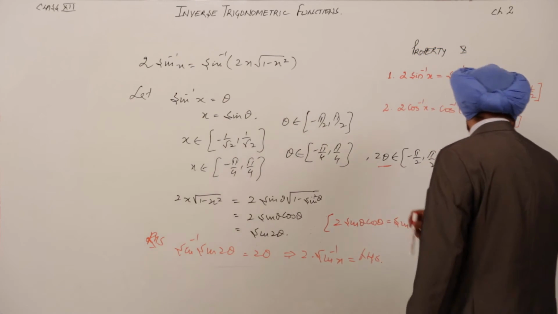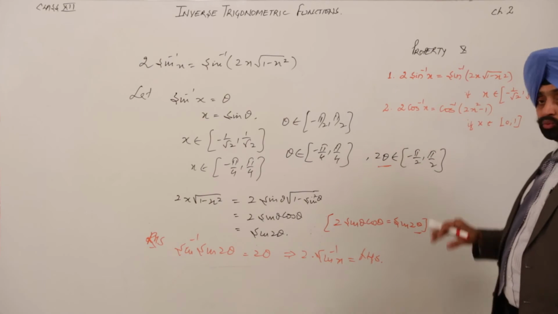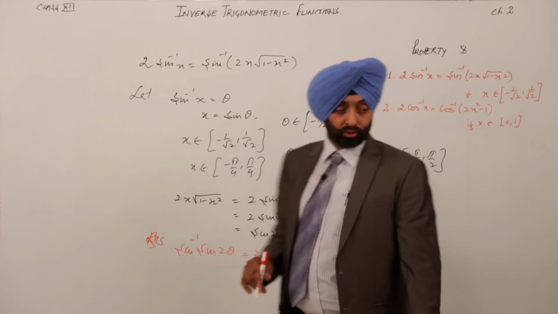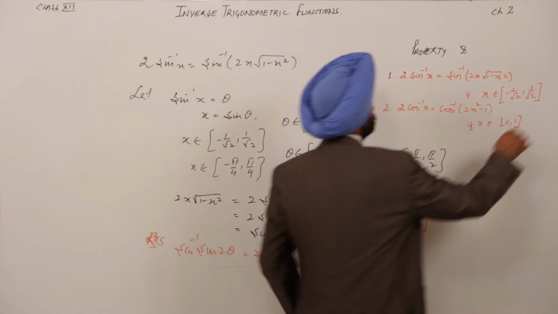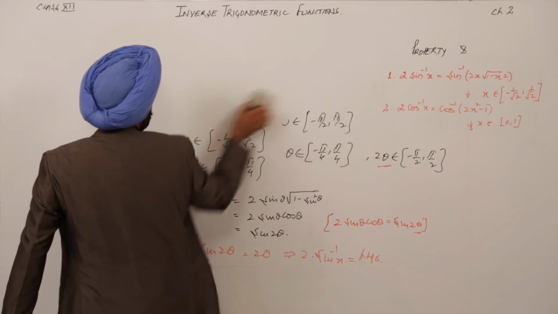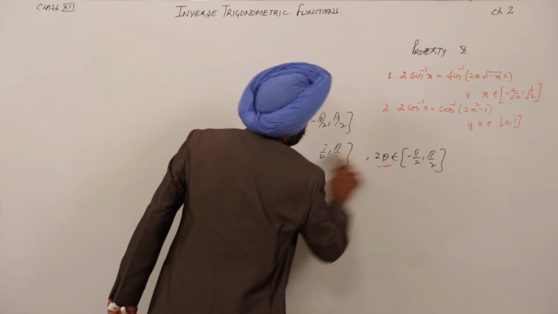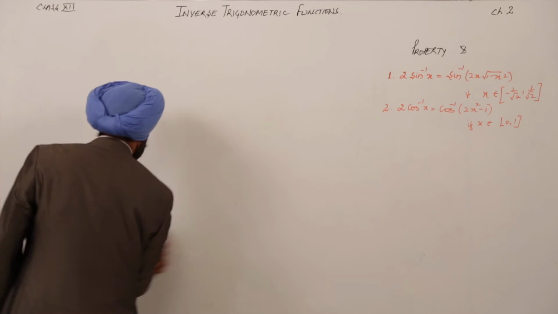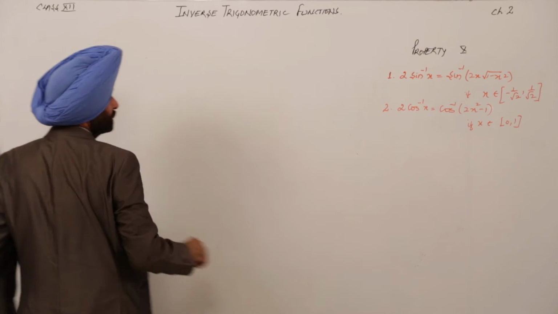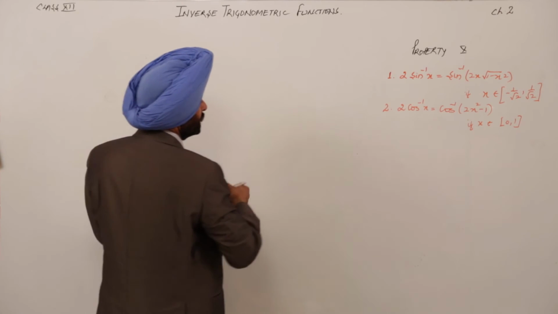Now similarly, can you guess what we are going to write for 2x square minus 1? This was the first property. Let's move to the second property. Easy one. Both the properties are quite easy and they are helpful for converting a question into the simplest form. Now the second is